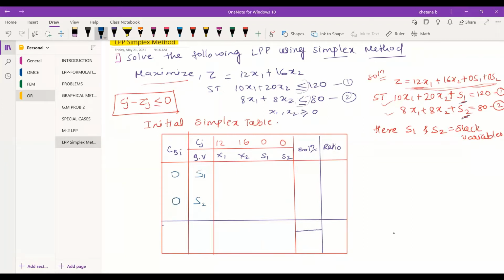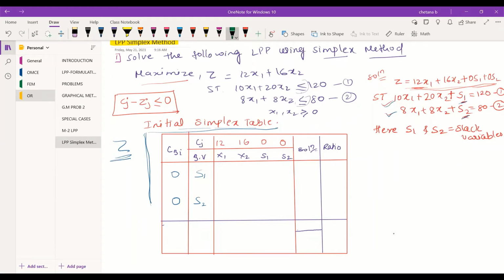So these outer values all belong to the Z equation. These outer values are the coefficients of the Z equation. Coming to the inside, what we write is all the constraint part. Let me take another color here.